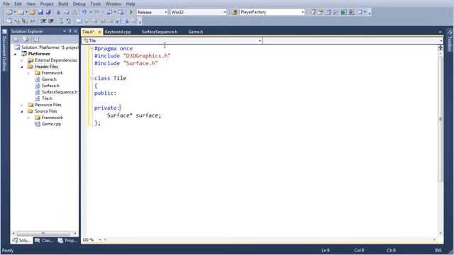So we're going to store X and Y. Now it doesn't really need to be a float either.